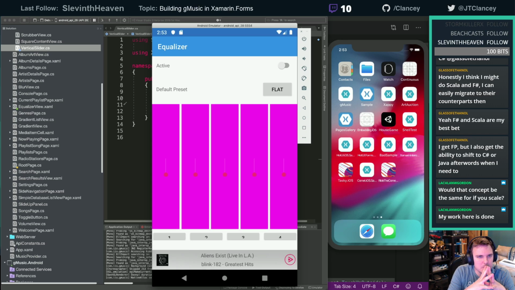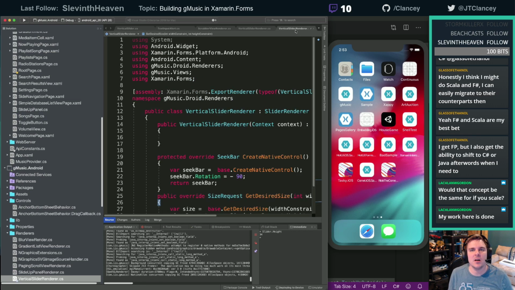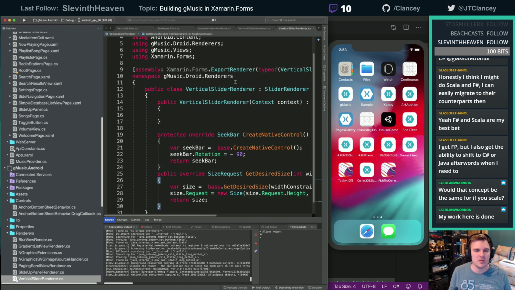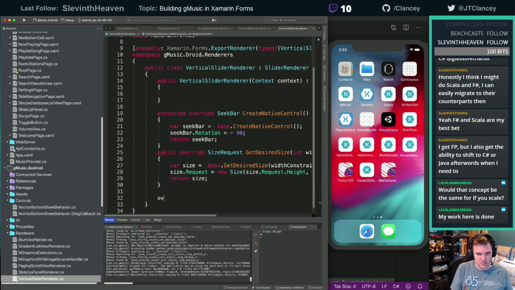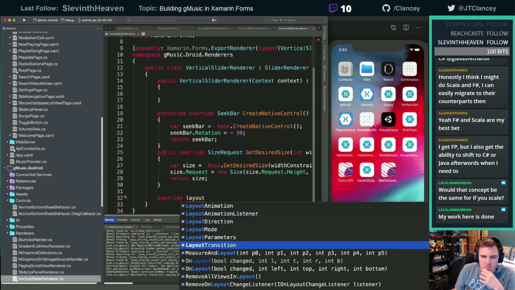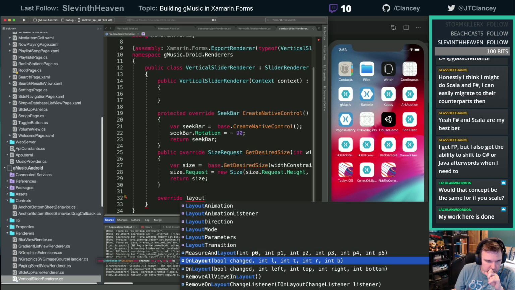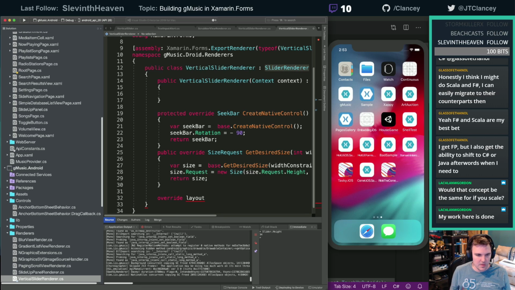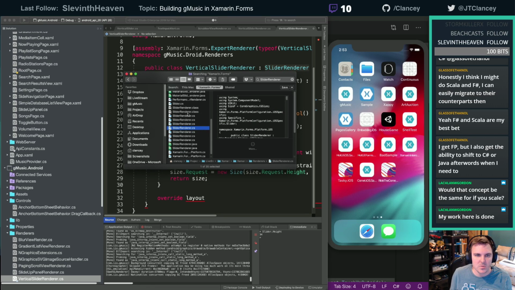My sliders are bad. Let's see if I can fix that on this side. Hmm. Those are not. Let's go look at the slider renderer. Which one was the Android one? Mac. Android.